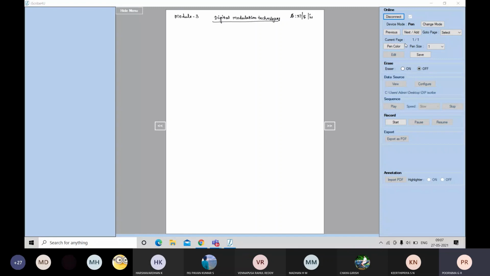The topics covering this particular module are the introduction, then binary phase shift keying, quadrature phase shift keying, QPSK, BPSK, PSK, FSK, probability of error, and then transmitter, receiver, coherent receiver, non-coherent receiver, and then for both the PSK, FSK, the state diagrams you will be learning here in this particular thing,